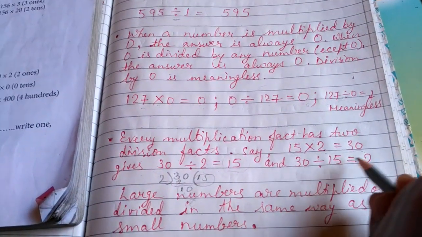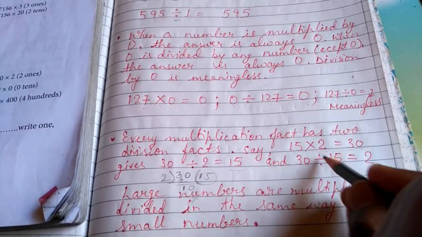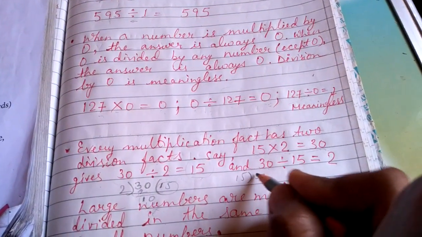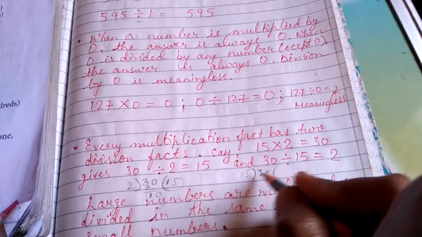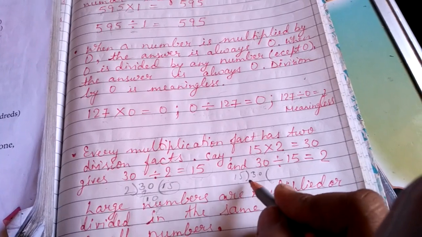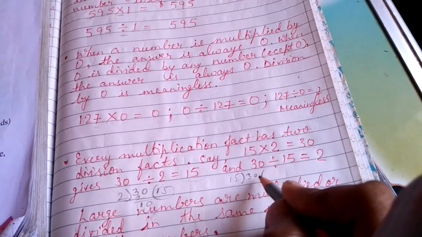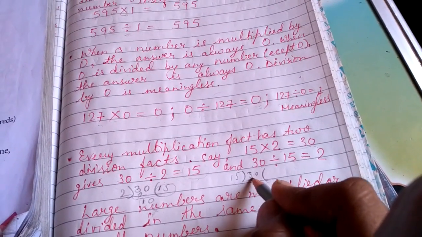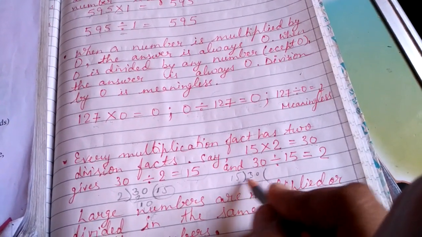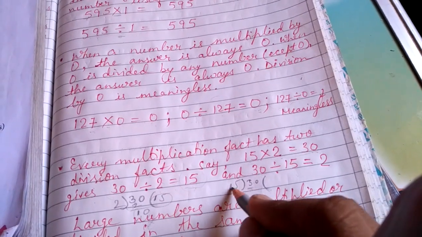And now 30 divided by 15. This is the process of division. We arrange the numerals like this, and then we do the division. 15 is a 2-digit number, and this is also a 2-digit number. So first we take the first digit, the digit at the tens place. 15 is bigger, 3 is smaller, it can't get divided, so we consider both these digits, 30. Now start reading the table of 15.